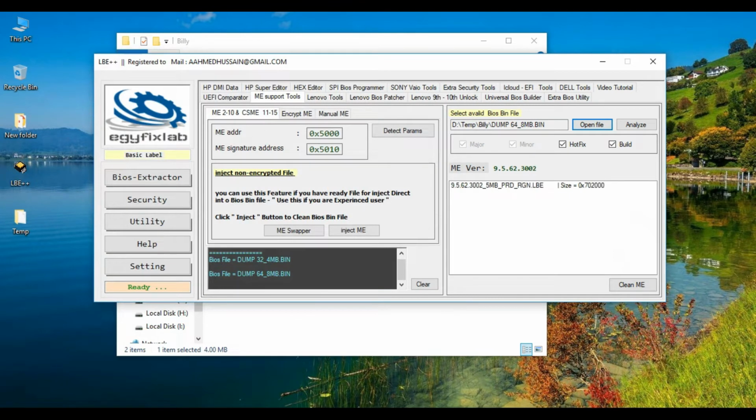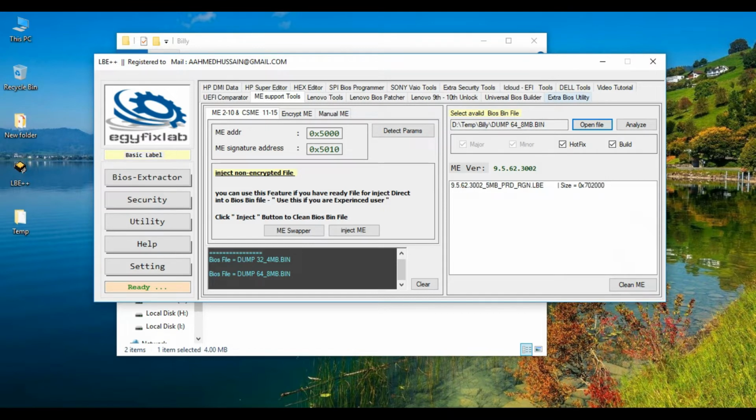Yes, it shows the ME region, something 9.5.62. But we don't try to clean this directly. First we have to combine both files and then try to clean it manually with the help of this manual ME.